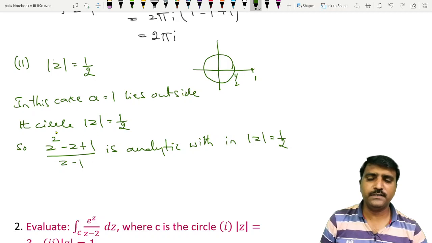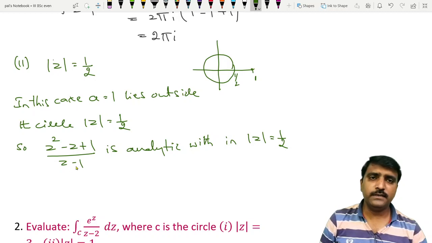If you consider this whole thing as a single function, (z² − z + 1)/(z − 1) is f(z), then this complete function f(z) is analytic inside the circle, because where it is not analytic,